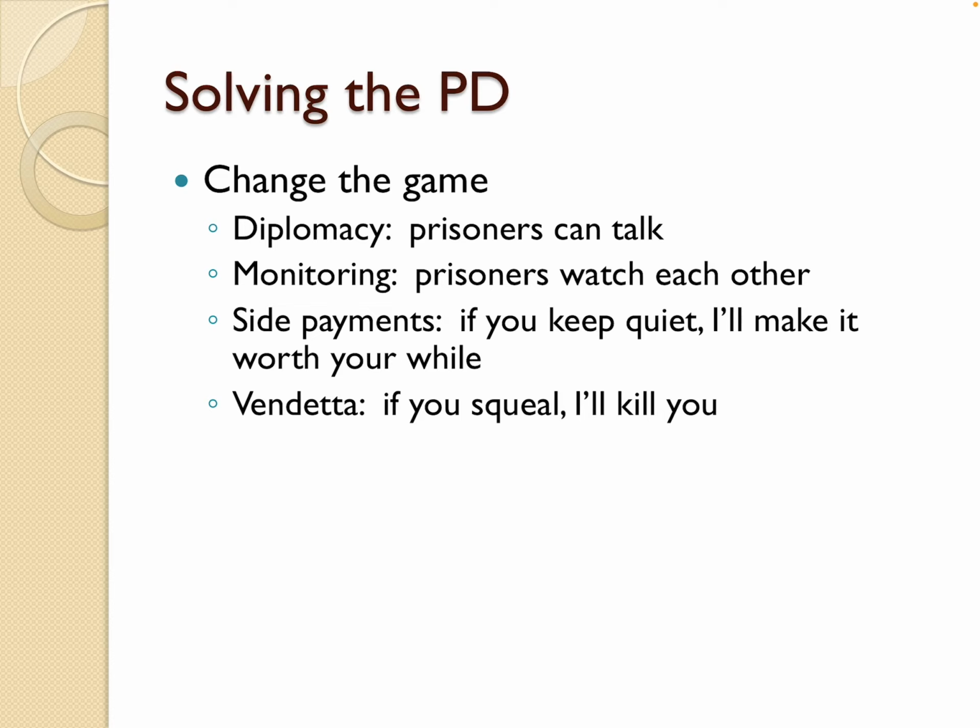Things like that. So there can be the side payments, the bonuses if you cooperate, but there's also the possibility of extra costs and punishments if you cheat. Now, in both of these cases, this threat in the vendetta or the promise with the side payment, it has to be credible. You have to really believe that I'm going to do this, or the other state's going to do this.